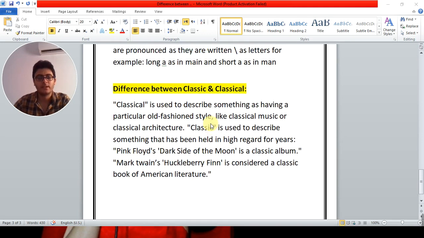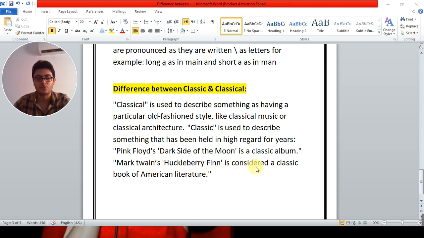Okay. And the last point is the difference between classic and classical. Classical is used to describe something as having a particular old-fashioned style. You can use it like the word ancient or the adjective ancient, like classical music or classical architecture. But classic is used to describe something that has been held in high regard for years, something which has a particular status. For example, Pink Floyd's Dark Side of the Moon is a classic album, or Mark Twain's Huckleberry Finn,